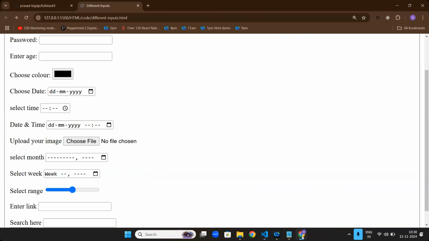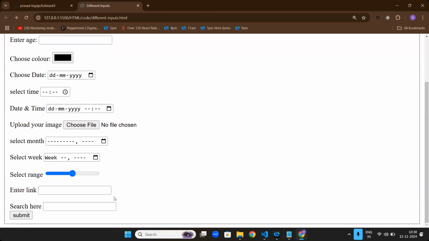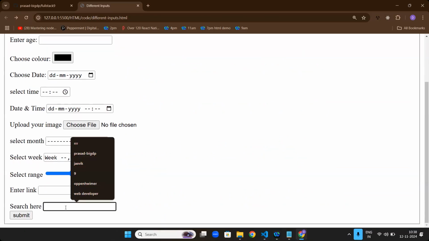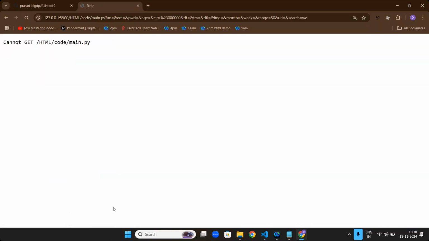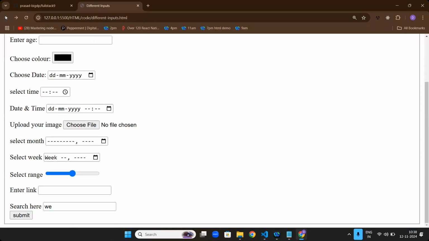Now go here, search. You can search here whatever you like. But the problem is, imagine I'm searching for web. See here, you get a cross mark also. But if I click on enter, what is happening? The form is getting submitted. Can you see that? Did I enter any other values? No. Before I entered, only the form got submitted. Automatically, you don't need any button, sir. When you are using search, the moment you press enter, it will submit the form.